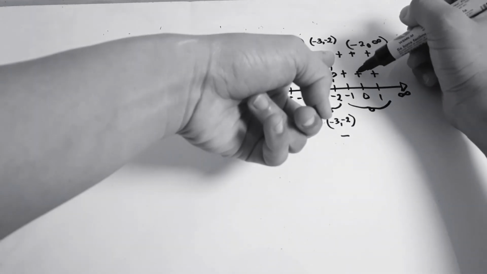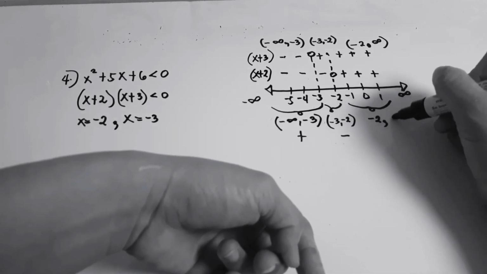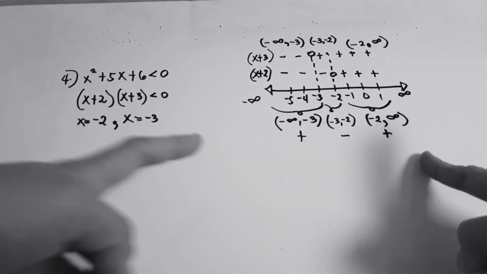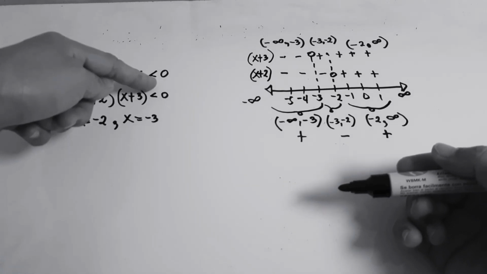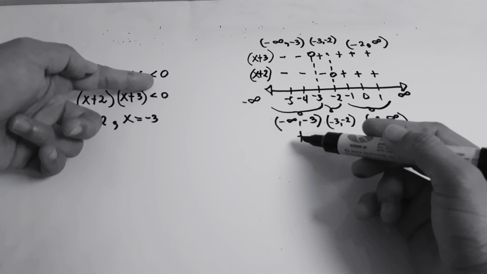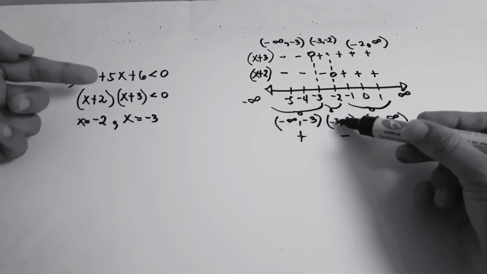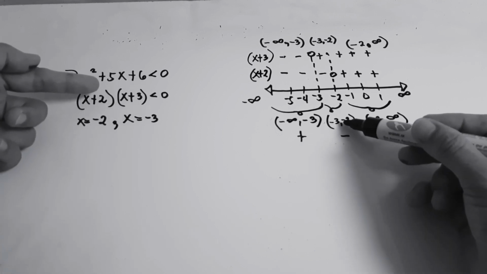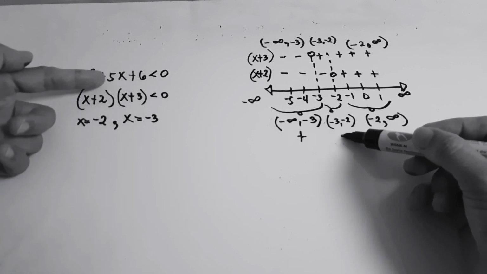Since positive times positive is positive, but we need the expression to be less than 0, and positive is not less than 0 because positive is greater than 0. And on the interval negative 3 to negative 2, this is negative, so negative is less than 0. Therefore,